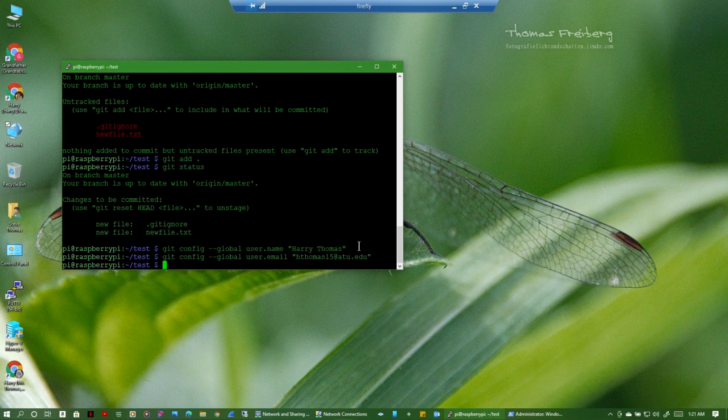Now that we've added those, we can check them by looking at